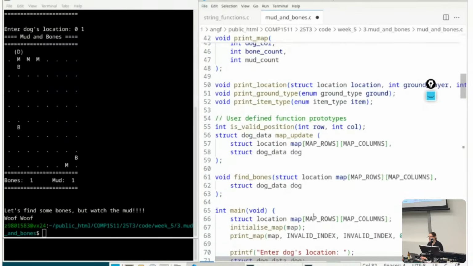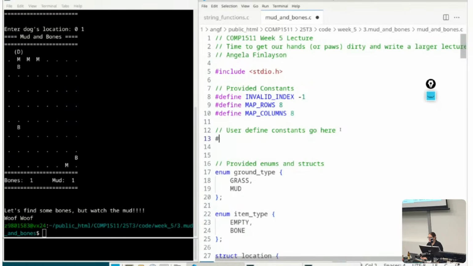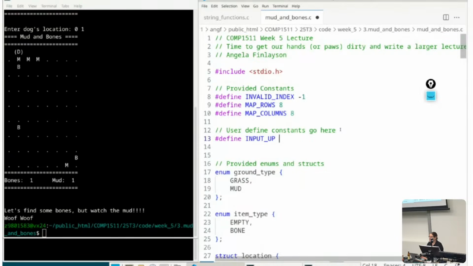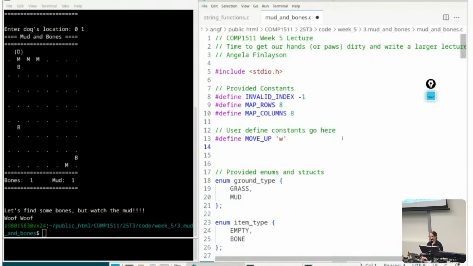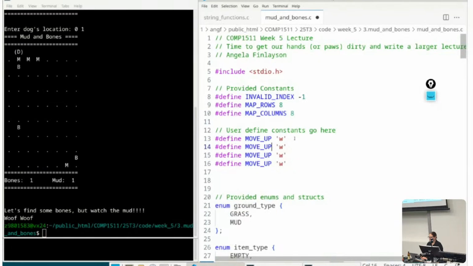So what we should probably do is go up the top and say hash define, something like input up. Is that okay? Would you think that's an okay name? Yeah. Okay, move up. And we're going to make it W, etc. So we want to do that. Move up,